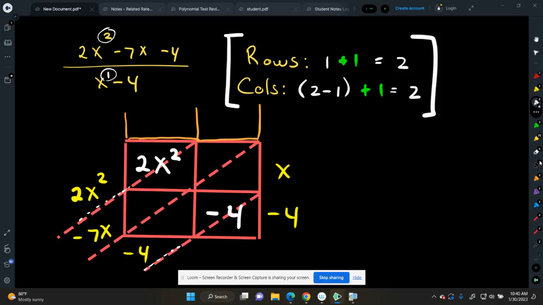We have 2x to the third plus 13x squared plus 21x plus 9 divided by,